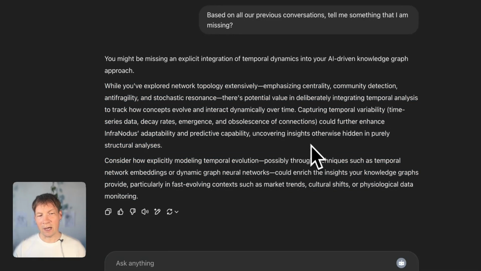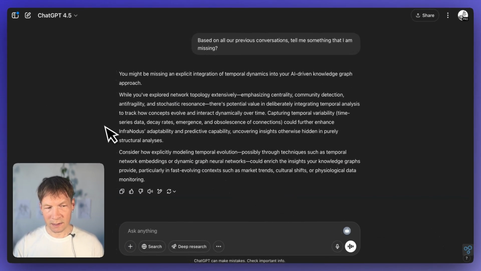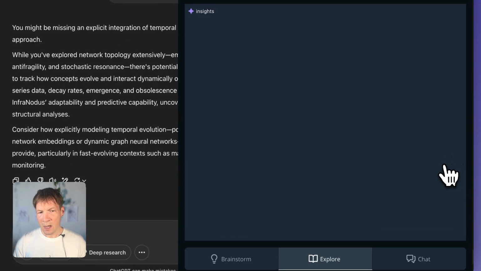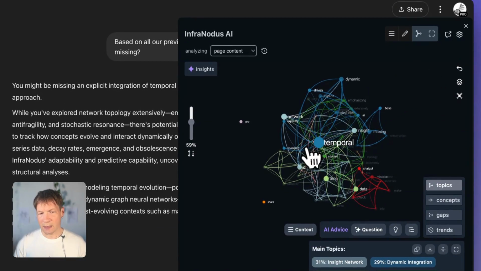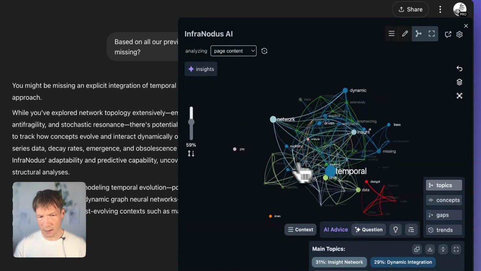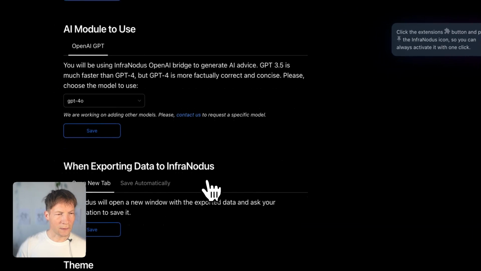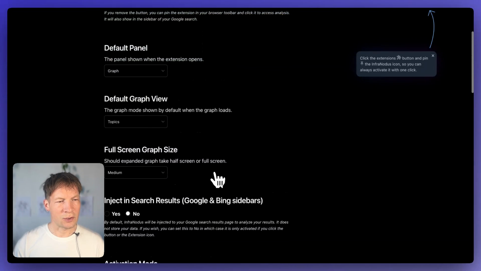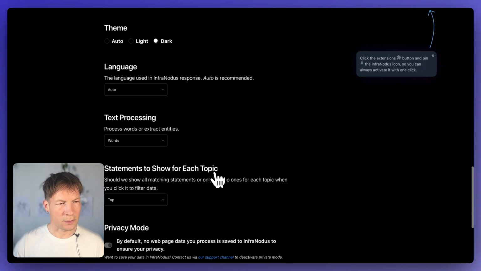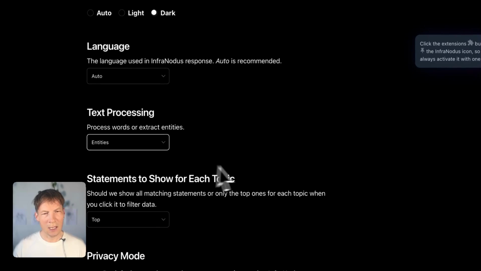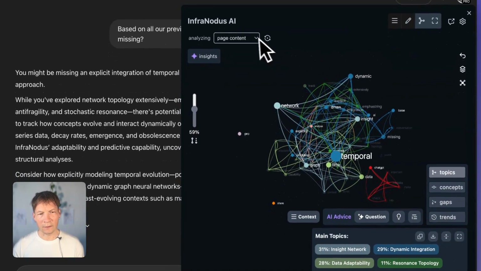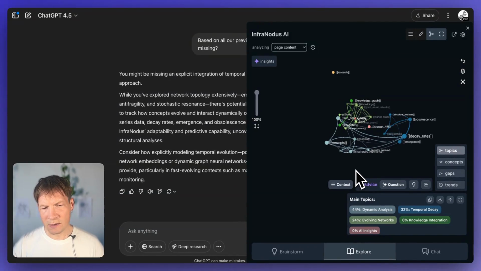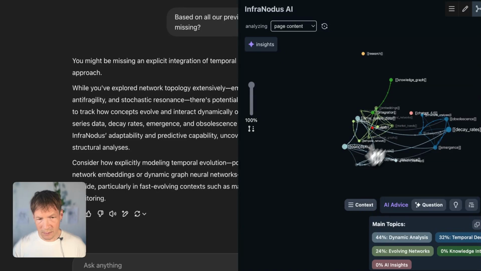But what I want to show you is how I can use the graph to then visualize this response and to jump into the topics that I find interesting. So I will open InfraNodus again, but I want to show you another setting that it has. So now it visualizes the words inside the answer. But if I go to settings, I can also ask it to visualize entities. So then it will detect entities in the graph and visualize them instead of the words. So here you can do this in text processing, entities. And then when I go back to this and reload the graph, you will see that the graph is going to be much sparser because it will just focus on specific entities and concepts that it recognizes, not on all